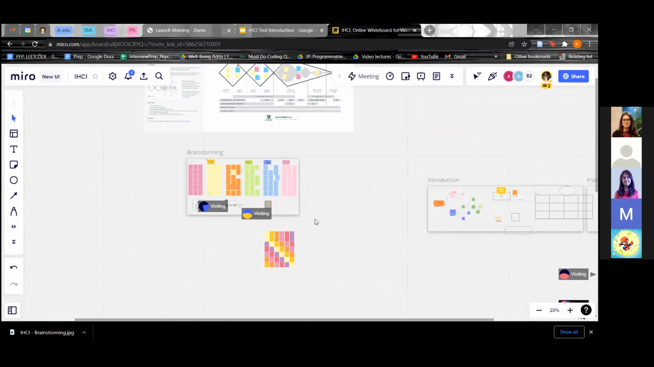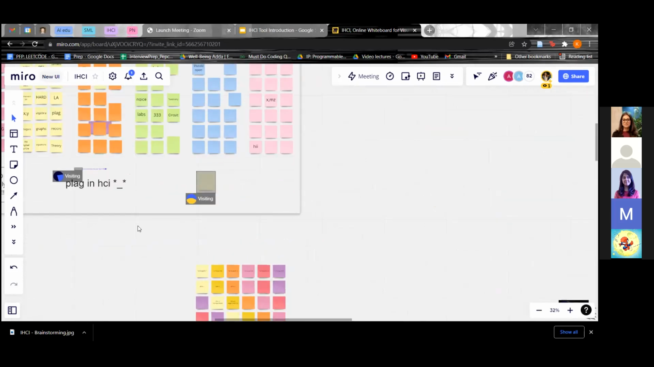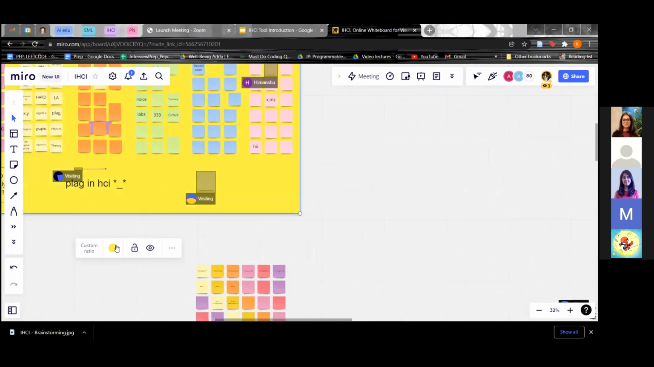Can we change the frame background? Absolutely. You click on the frame, you look at this, you can change color. So if I want white, if I want